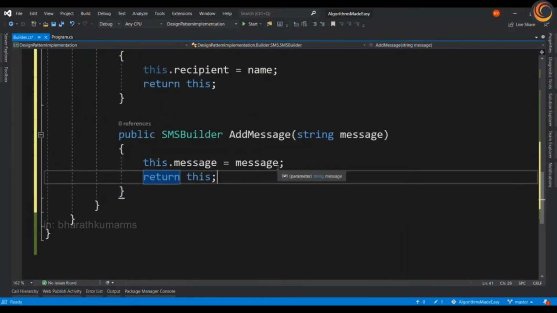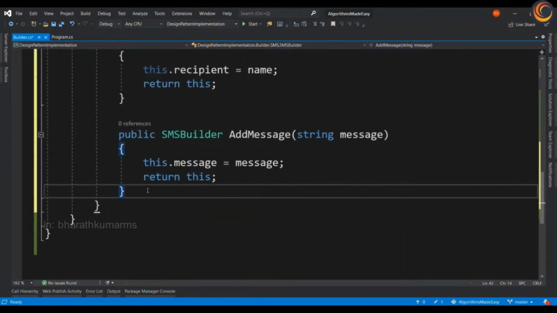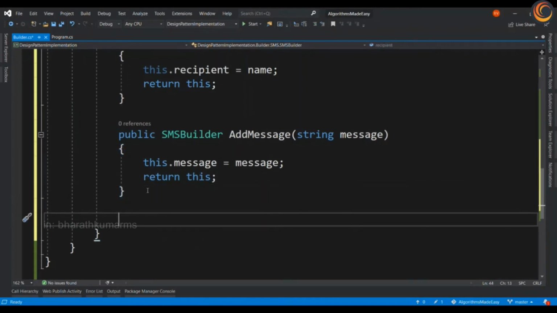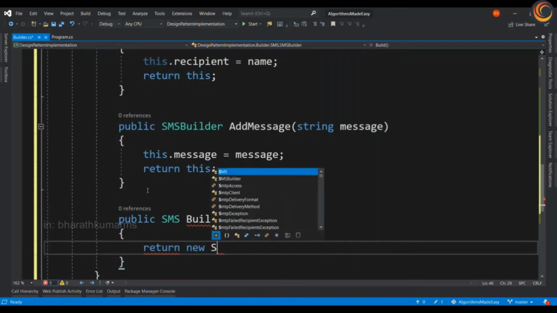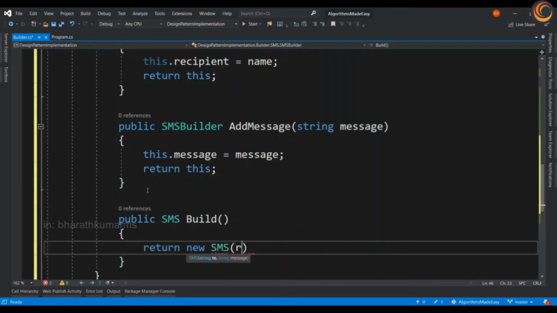Okay, and when the client is going to call the build function, the SMS object will be returned. Message. Okay, now let's look at the client code.